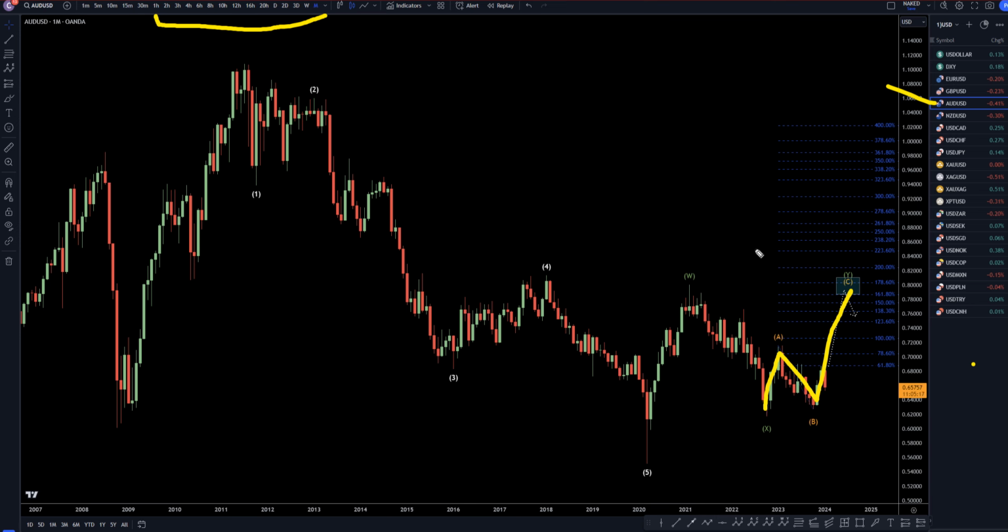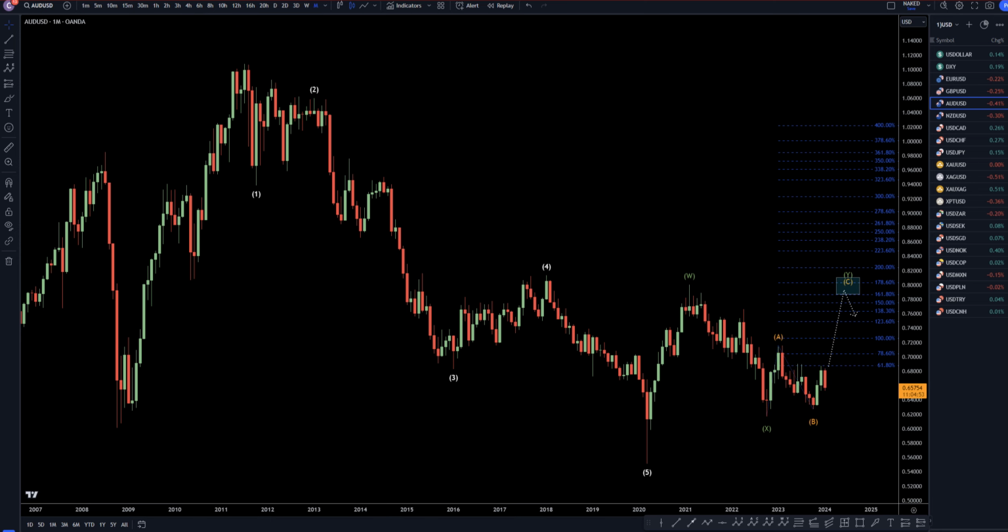Now, we do have US dollar news coming out today. We have interest rate for the US coming out. That's going to be a very big news event for the dollar. Definitely going to affect all the dollar pairs, probably in a big way. And I will be live streaming on YouTube for that news event. So make sure you stop in for that and we can take a better look at these dollar pairs and reevaluate, way before the news, to get a better understanding of what the dollar news will most likely do.